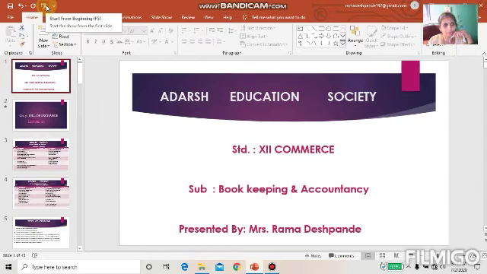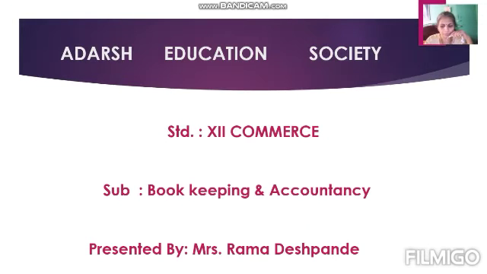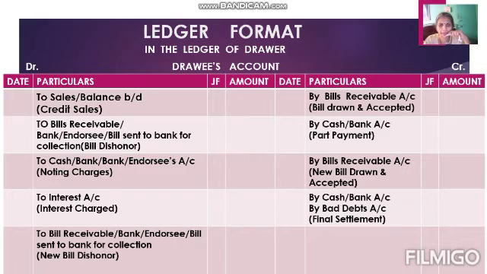In the last lecture, we discussed all the journal entry formats in the books of drawer and drawee. Now, as I already told you, this topic is totally based on journal entries, but sometimes they may ask you for one ledger, like in the books of drawer they may ask you drawee's account, or in the ledger of drawee you have to prepare drawer's account. At that time there is no need to pass journal entries and you can directly prepare the ledger.